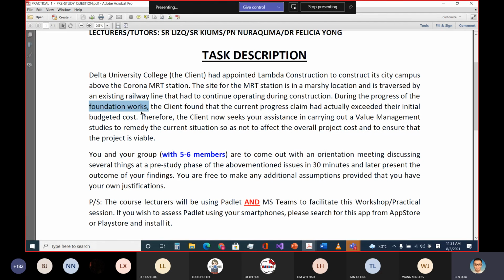During the function analysis phase, you will try to study what the functions of this foundation work are. So you will try to identify, either this or that. For this case, you're trying to identify: for the design, is there any problem? For the construction method, is there any problem? So that means you are studying different possibilities, so that after that, you know that, oh,